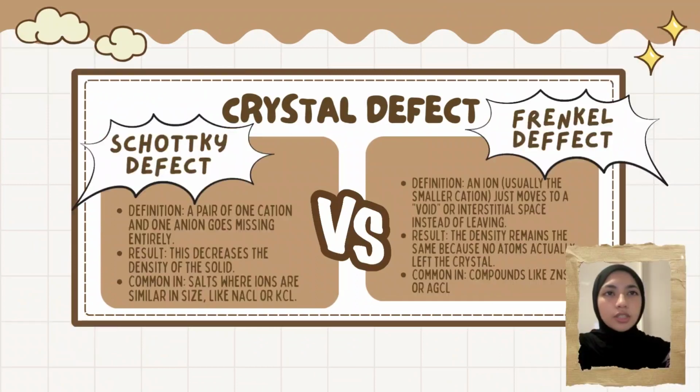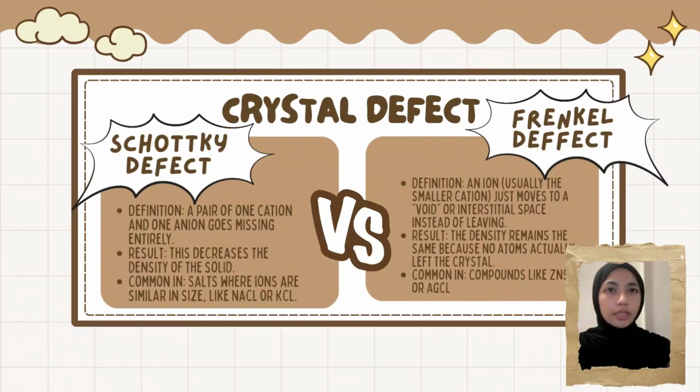Stoichiometric imperfections are best exemplified by Schottky and Frenkel defects. A Schottky defect occurs when a stoichiometric number of cations and anions are missing from the lattice. This creates vacancies that lead to a measurable decrease in the crystal's density, which means it is lighter than it should be. This is commonly observed in highly ionic compounds, where cations and anions are of similar size, such as